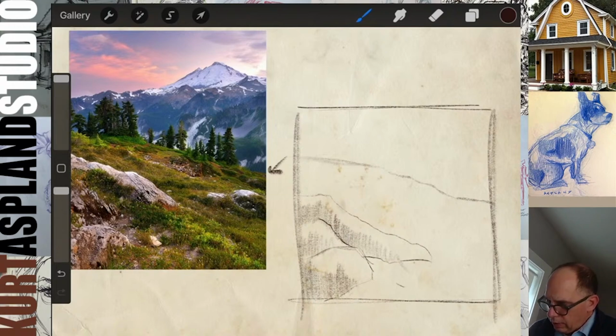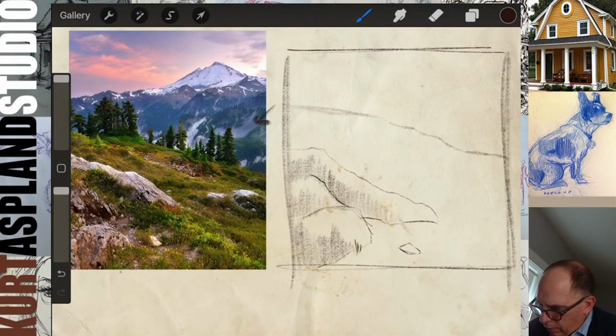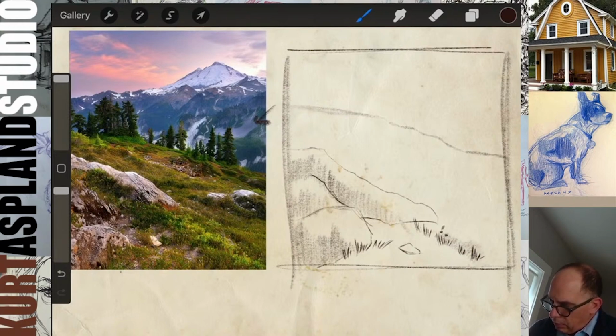And one last thing, looks like there's a rock down here. So I'm gonna, a small guy, just like that. Let's go ahead and start just some grasses here, and then we'll add some flowers here in just a second. So first thing I'm doing is I'm just adding a little bit of tone. Now these are the things that will take some time to